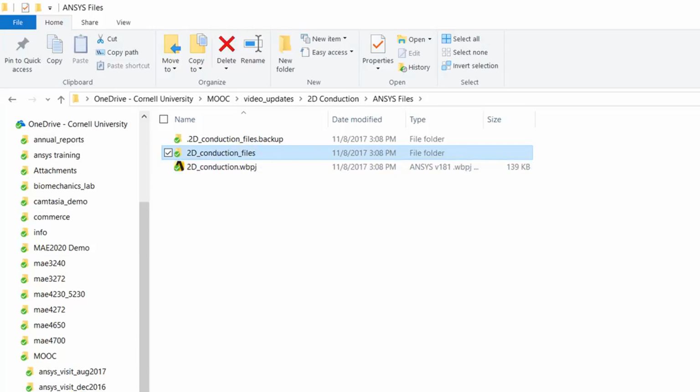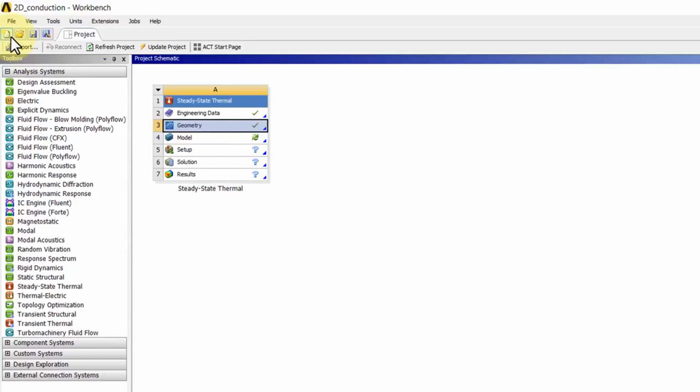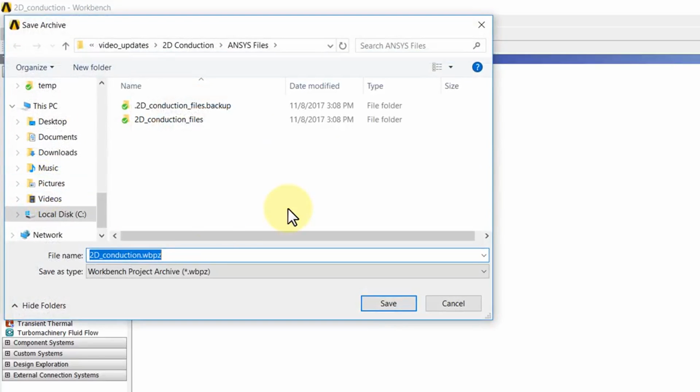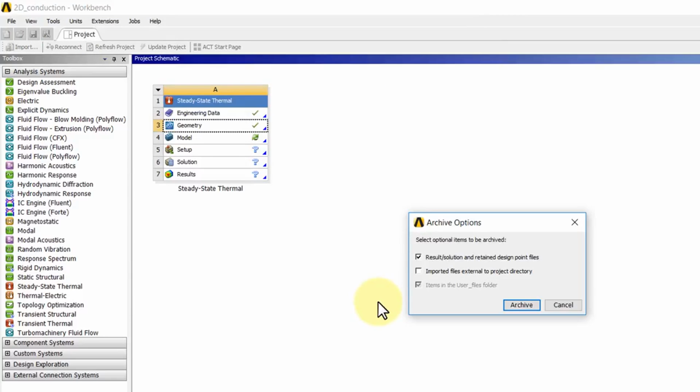Now there's another way you can save it, and that is you can say File, Archive, and this saves it in the WBPZ format. So I'll say Save, and it says, do you want to save results? I don't have results. The only reason you would deselect that is if you had a big model and you didn't want to save the nodal temperatures in the big model. So you'll get a compact